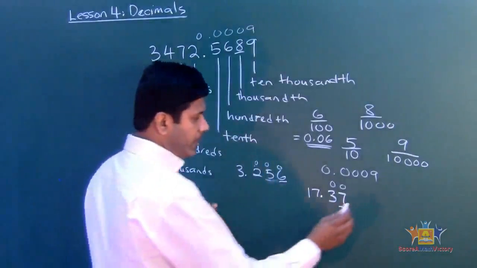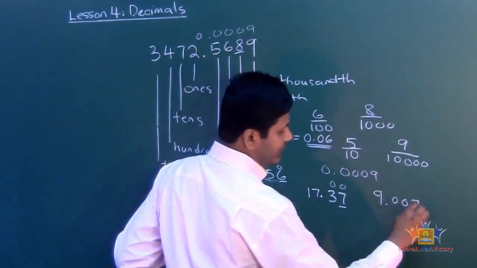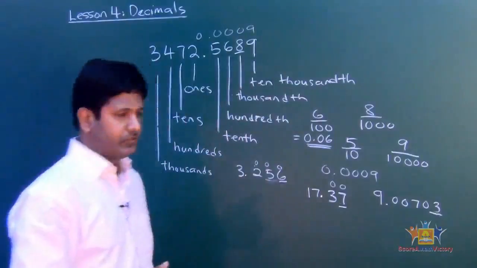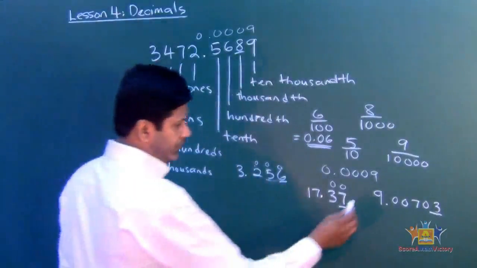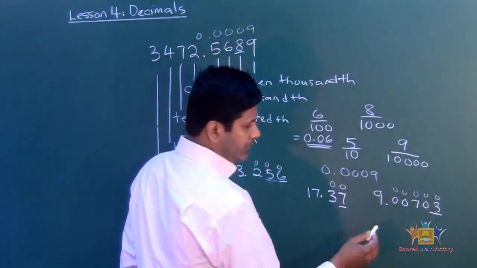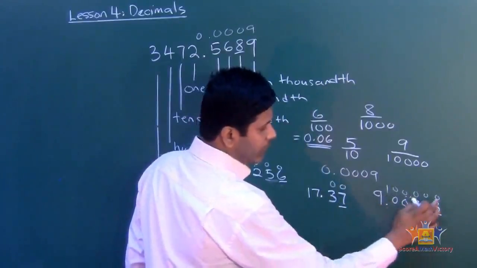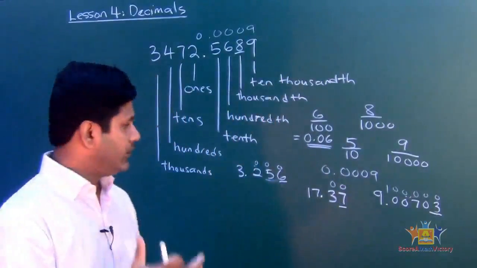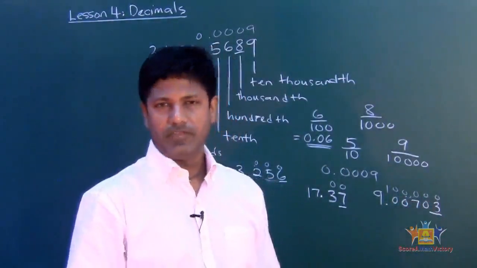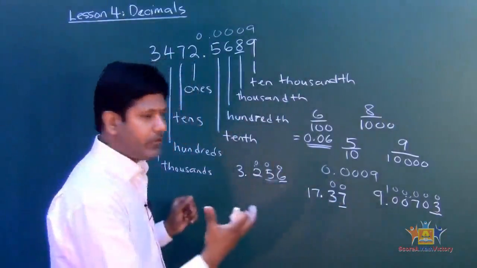Okay? If I have, let's say, 9.00703, and I want to know what family place value 3 is in. So how many zeros are there? 1, 2, 3, 4, 5. Okay? That means I take that, I put a 1 right there. So 100,000th. 3 is under 100,000th family. Okay? And if I ask you what the value of the digit 3,